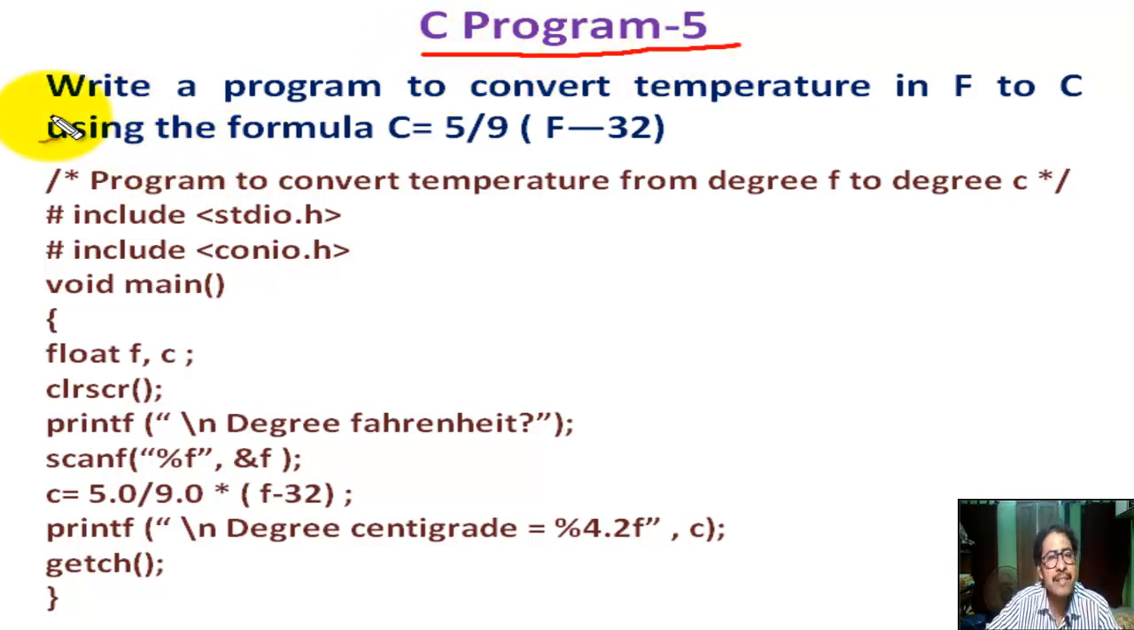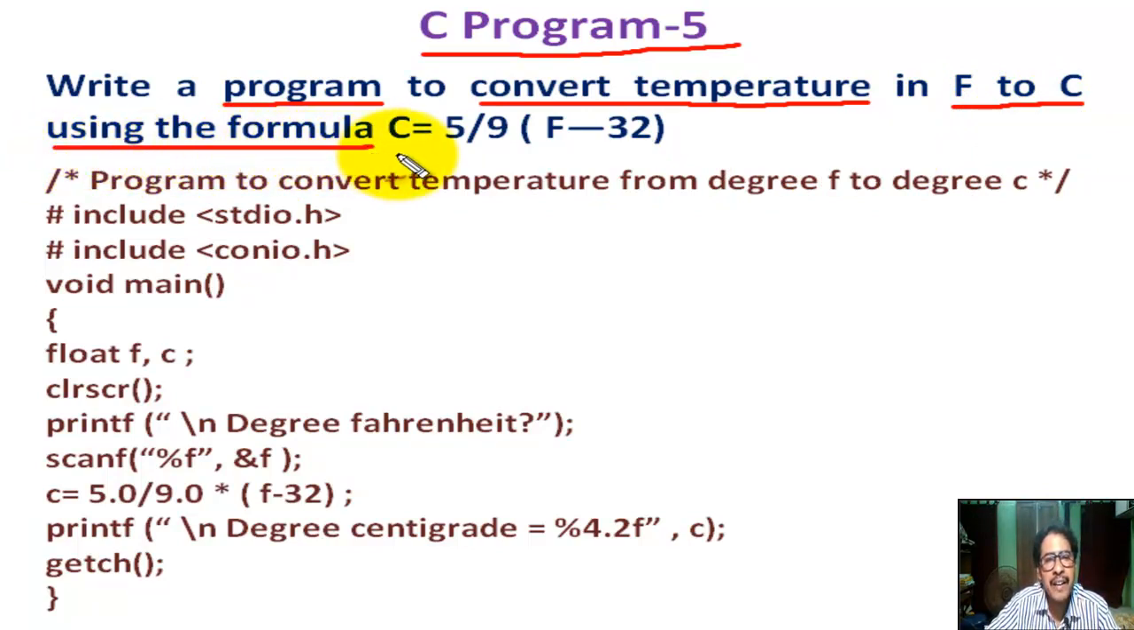Our program is: write a program to convert temperature in Fahrenheit to centigrade using the formula C equal to 5 by 9 within bracket F minus 32. Okay,